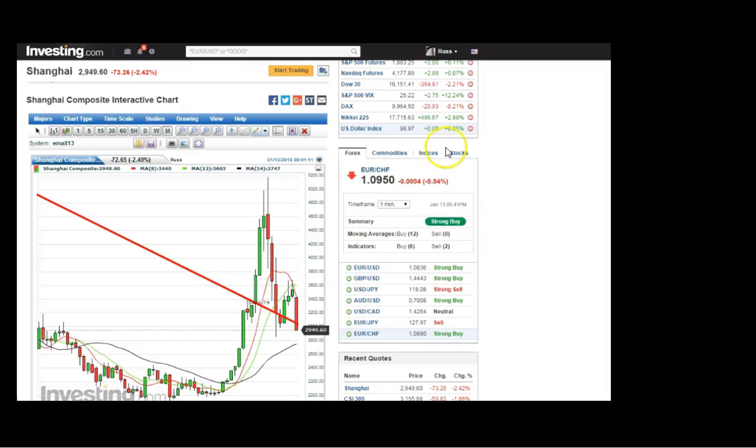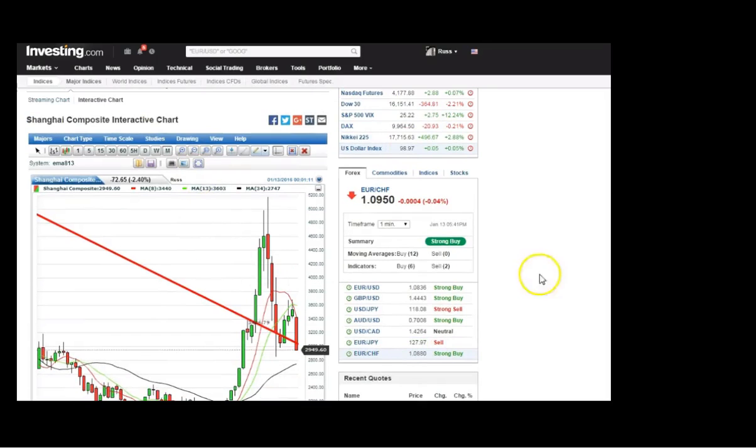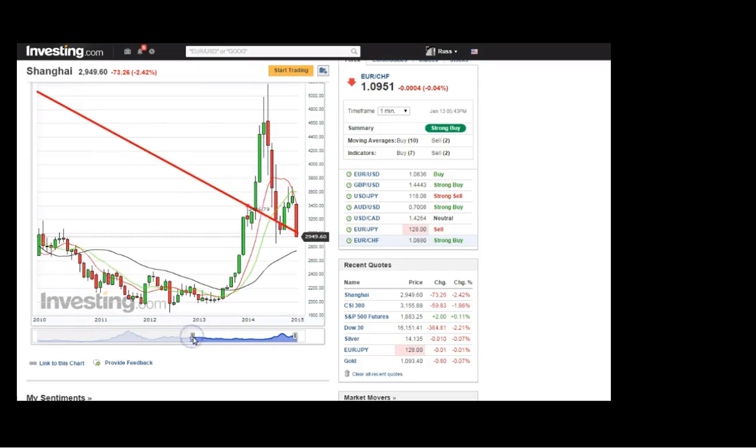One more, the Shanghai Composite, same thing. That's a monthly. They basically look the same, similar to our S&P and Dow. Kind of, okay, we got a lower high, and then it's breaking all lines of support. I don't know why these lines don't stay together, but not necessary. We've got just a little bit of support line here at 27, so a couple more 100 points on this composite. See if it'll hold,